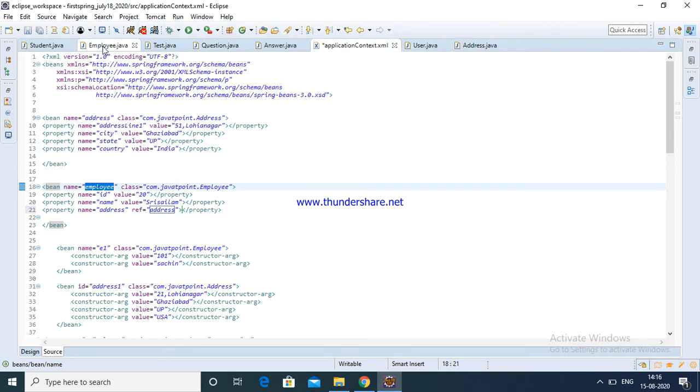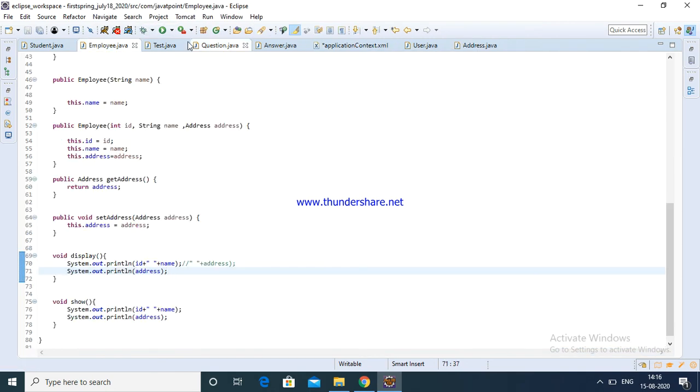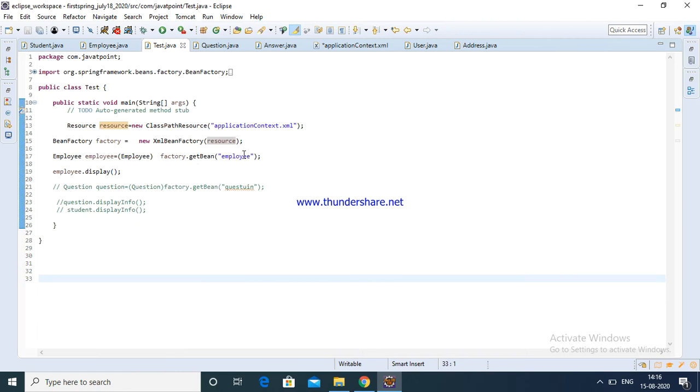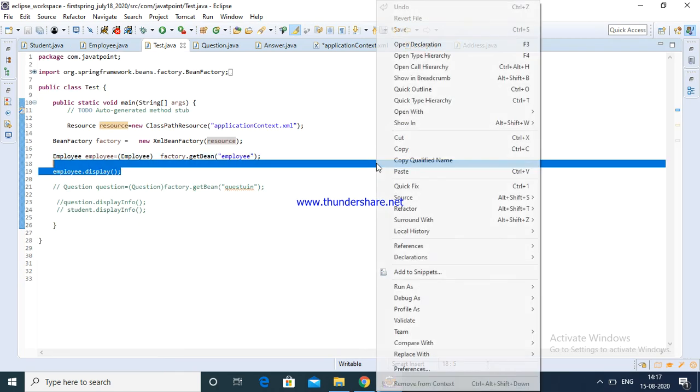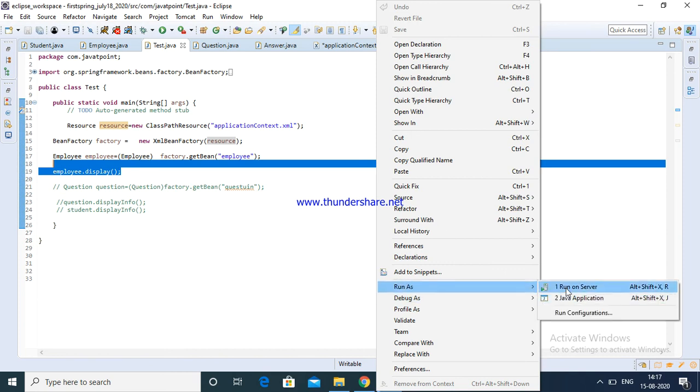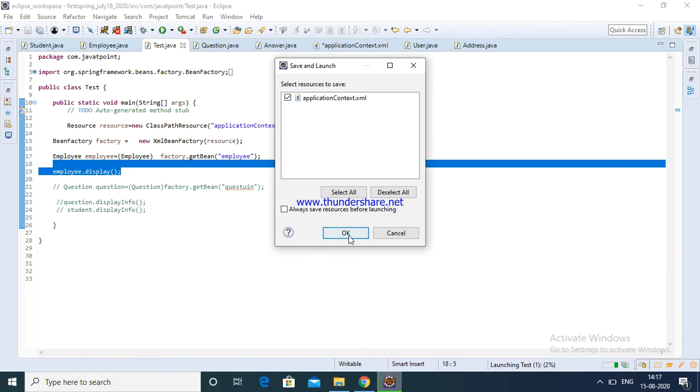Now I am going to run the employee test class. The test class is already configured for employee. I am going to right click and run as Java application. Save it.